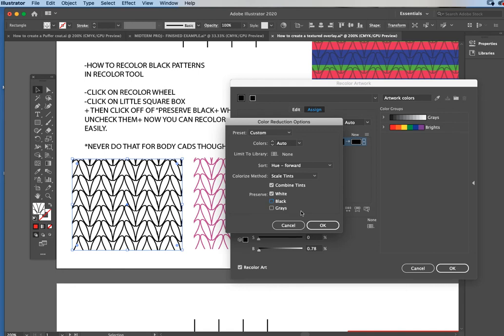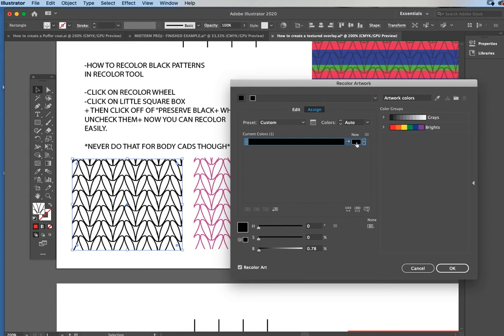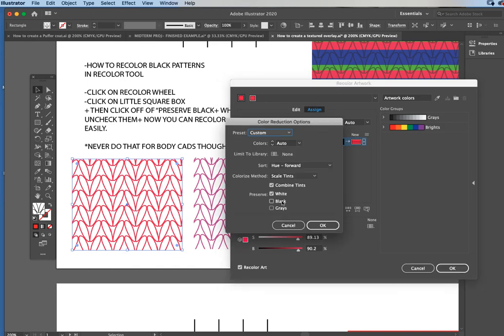So if you uncheck black and you hit OK, now I can double click on the black and change it into a different color like you see here. If that was still checked, that black color here, then it would have kept it black, and no matter how many times you double clicked it over here, it would never change. Same thing with white. So if you ever run into that issue,